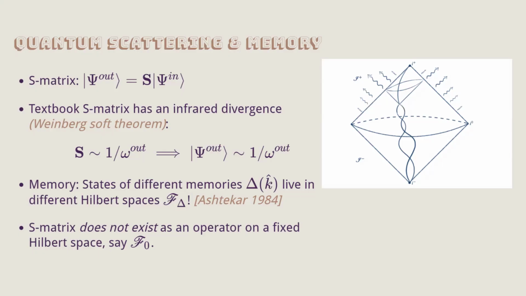You can write this out explicitly in terms of amplitudes if you want, but whatever you put in here has at least some part which is 1 over frequency divergent. And so your out-state will also be 1 over frequency. Even if your in-state was super nice, a small wave packet or just massive fields, electrons and positrons or whatever, your out-state after scattering, both the classical theory and Weinberg's soft theorem tell you, will have diverging norm. Okay?